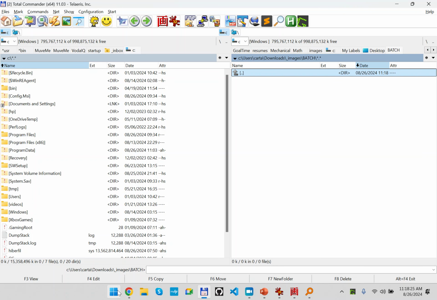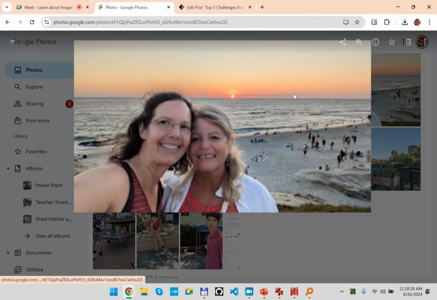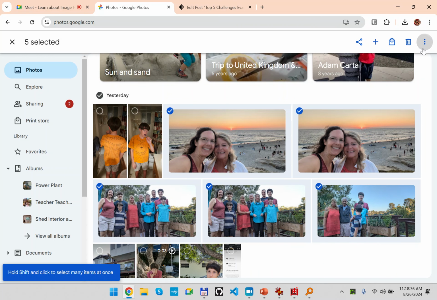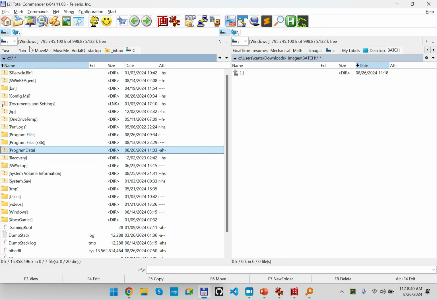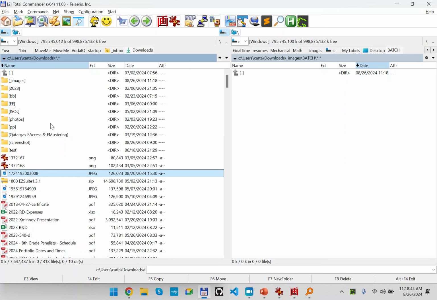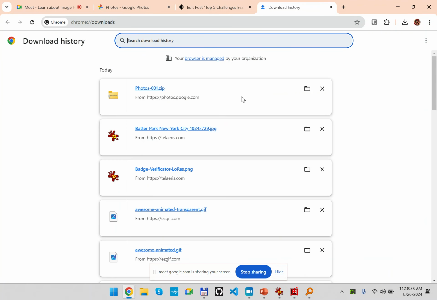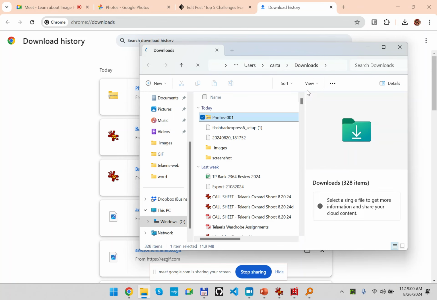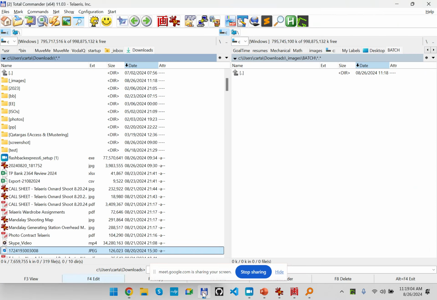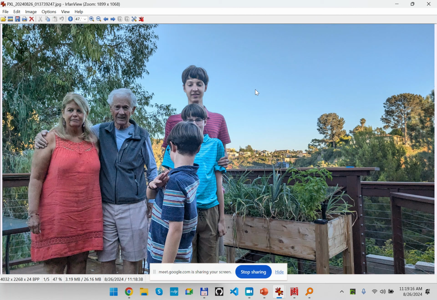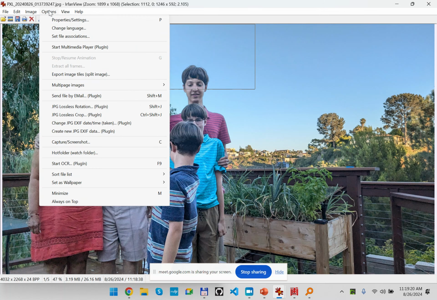So let's say I've got these 5 images here. I'm going to download them. Where did they download to? Oh, okay. So here are my images. Let's say I've got all these images, and I know these are all 4,000. If I look at the information on this,